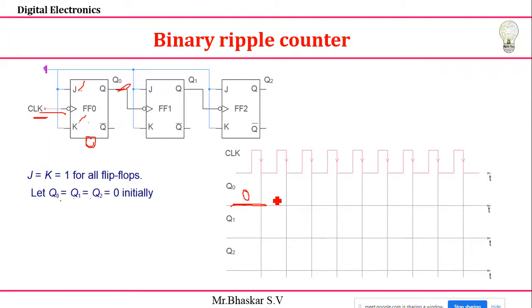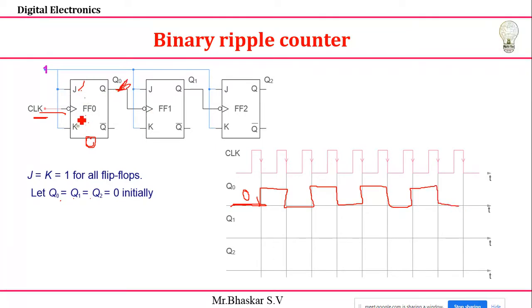So I'm toggling condition. That's what I'm telling. In this case, nothing happened. Because of the clock, it will continuously toggle. So for the next falling edge, 0 becomes 1. Next, 1 becomes 0. Next it is 1. Next it is 0. Continuously it's coming 1 and 0, 1 and 0. I'm going to write the waveform for only Q0 here.